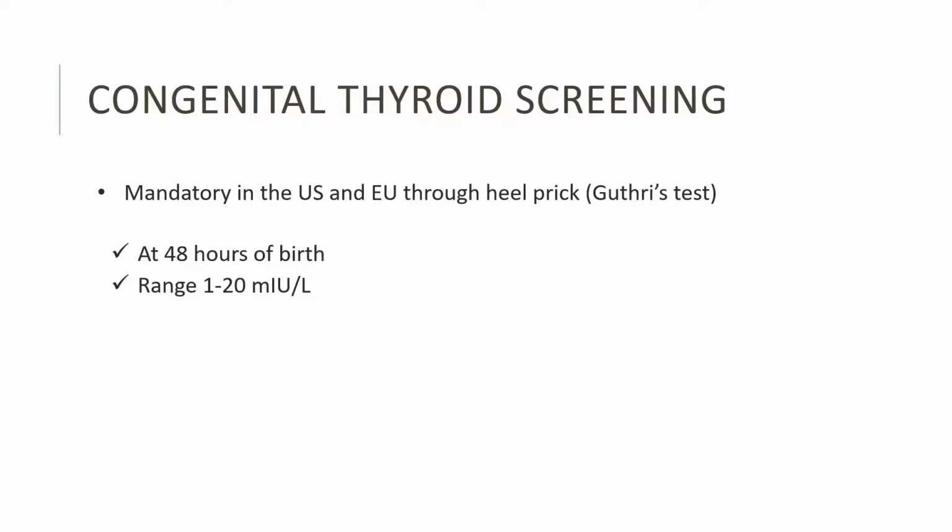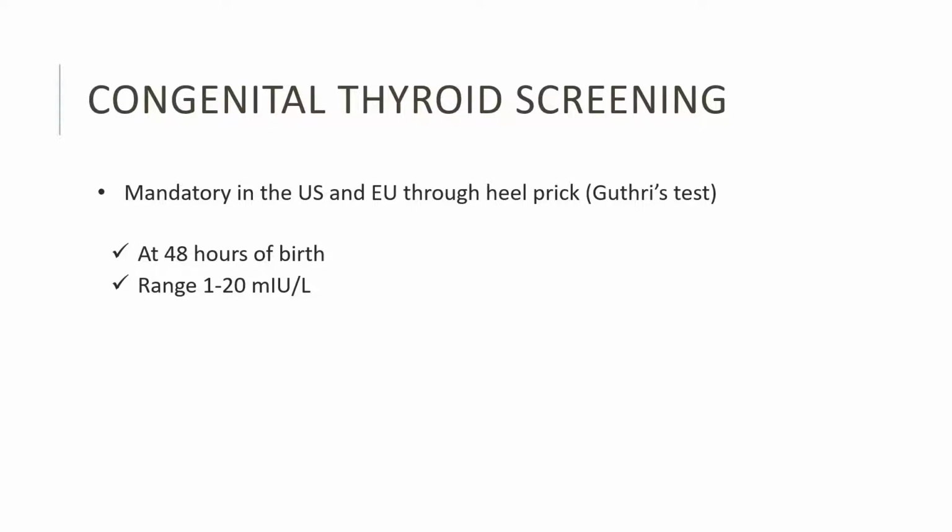So the correct time is at 48 hours of birth, and the range is usually 1 to 20 milli international unit per liter. So there is a separate neonatal TSH which has to be ordered, and it's not performed in all laboratories, although there's not much difference with the assays. But because of this range limit and some technicality in measurement, there are specific labs who perform this test. Otherwise, as you can see here,